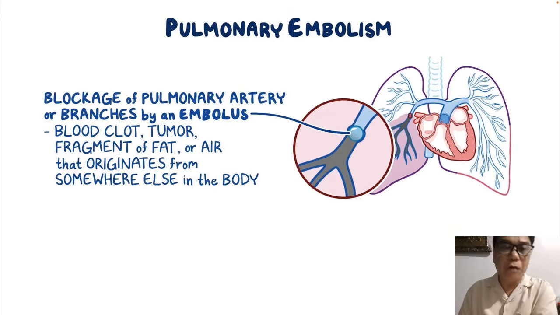In terms of our nursing interventions, one of the few things that we need to do first is to assess and monitor the patient. Okay, so we need to auscultate the patient. Usually, if the patient has pulmonary embolism, there is decreased to absent breath sounds. What we could do if these things happen is to elevate the head of the bed, so that their head is higher than other parts of the body.